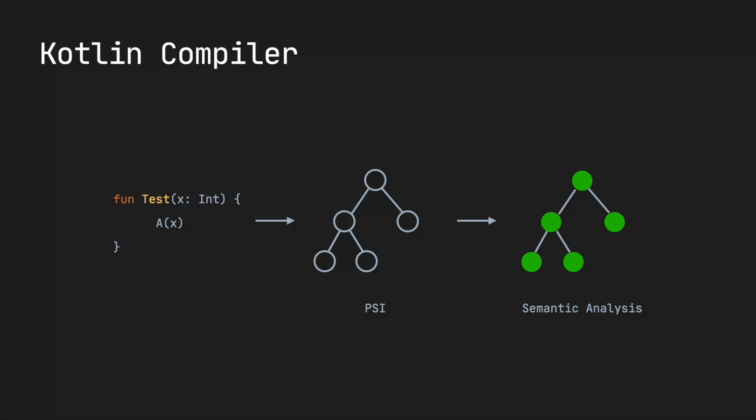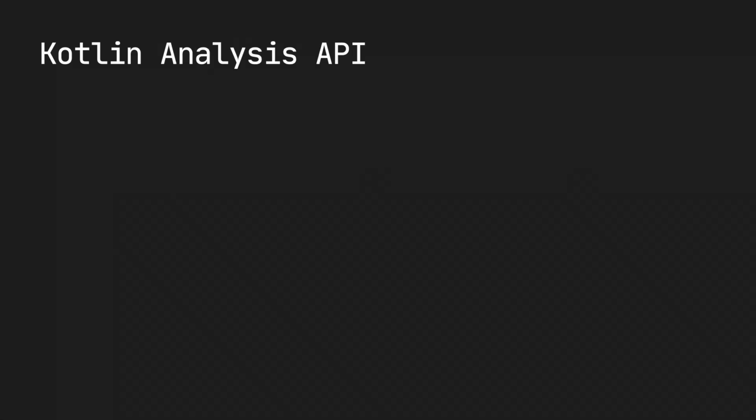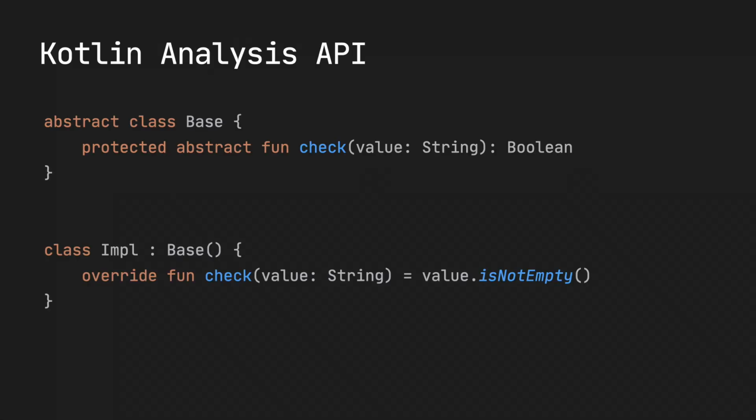This is where the compiler takes a step back and looks at the overall relationships between different elements in your source code, looks at different scopes in your source code, and figures out and does type inference. So let's start by looking at a very simple example of how to use the Analysis API and get symbols. Here I have a very simple abstract class and an implementation of it, and I'm overriding the